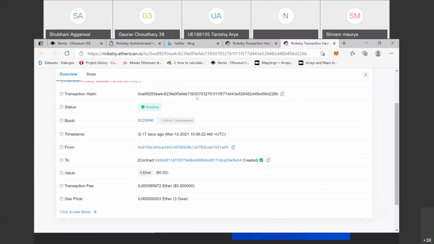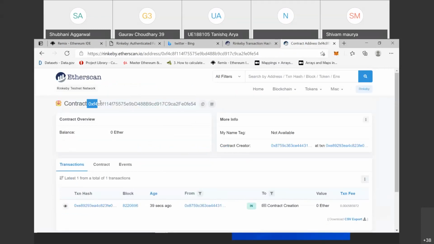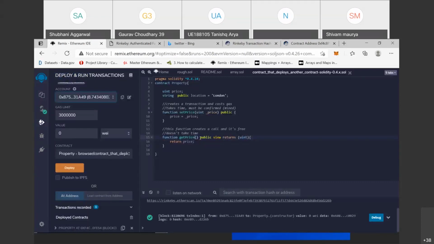Your transaction hash is this, and this is the status, and this is the block, and this is the address of your MetaMask account. This is your contract address. If you click on this, yes, this is your contract address. Contract address means the contract that you have created on your Remix platform. So this contract address refers to this smart contract.